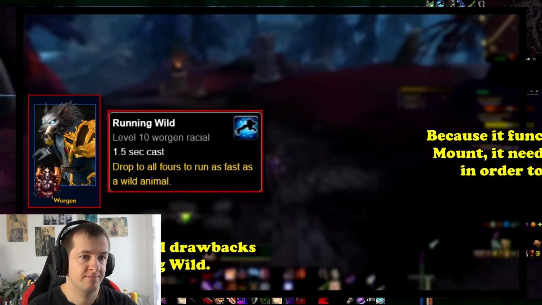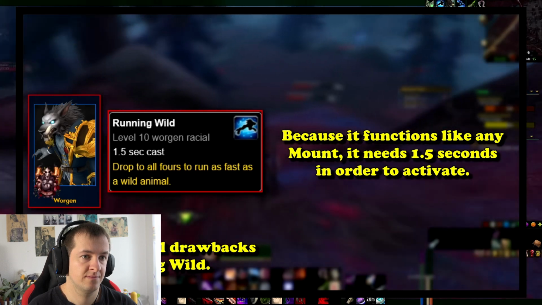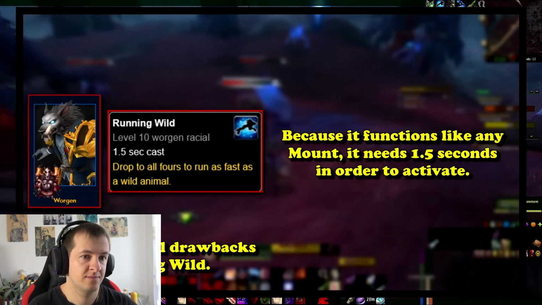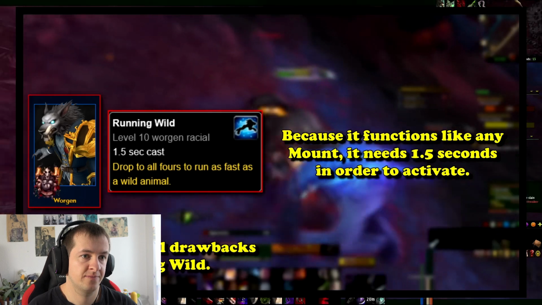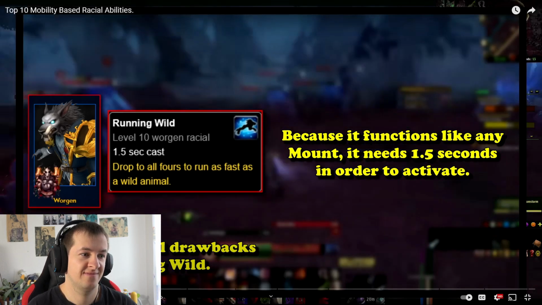First, Running Wild is not an instant cast and requires a 1.5 second cast time. This is probably because 1.5 seconds is the universal required time to mount up, but it still sucks it cannot be used instantly. Like any other mount, Running Wild has an indefinite duration until it's cancelled by the...